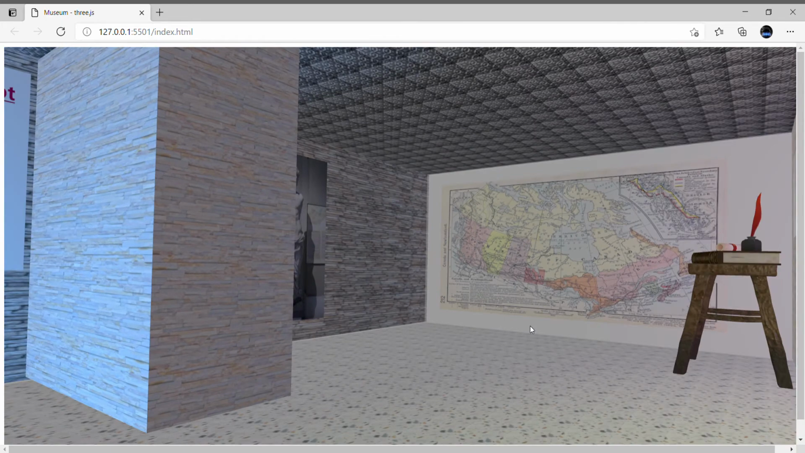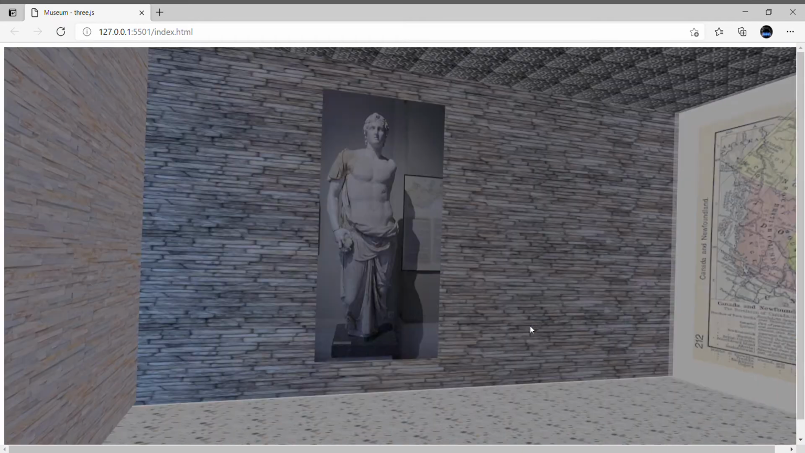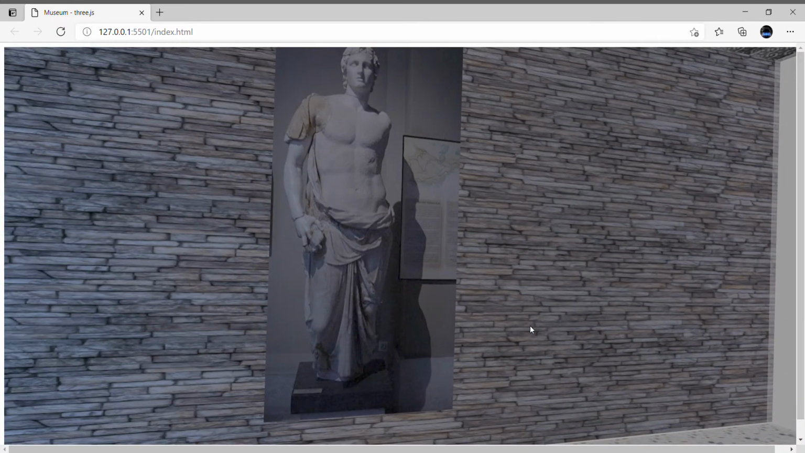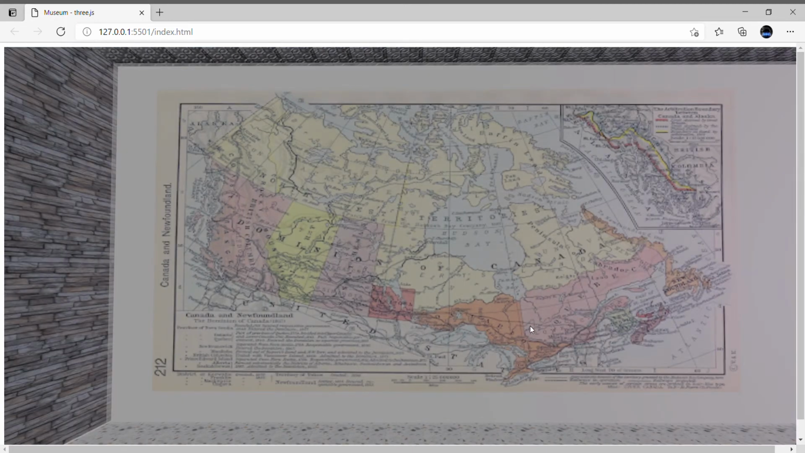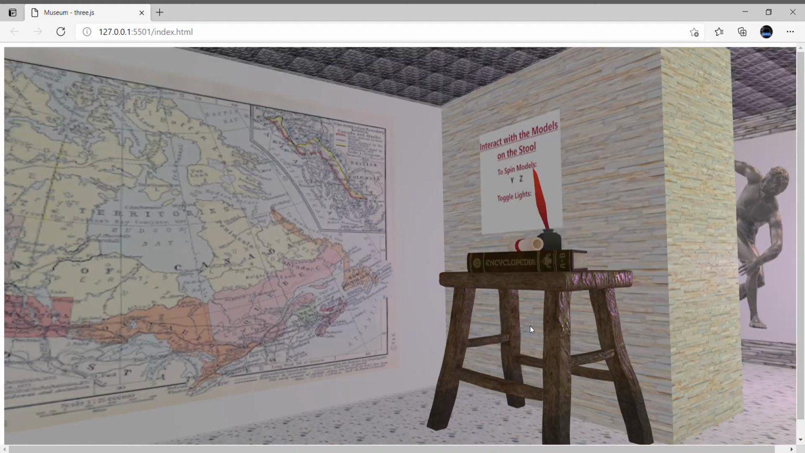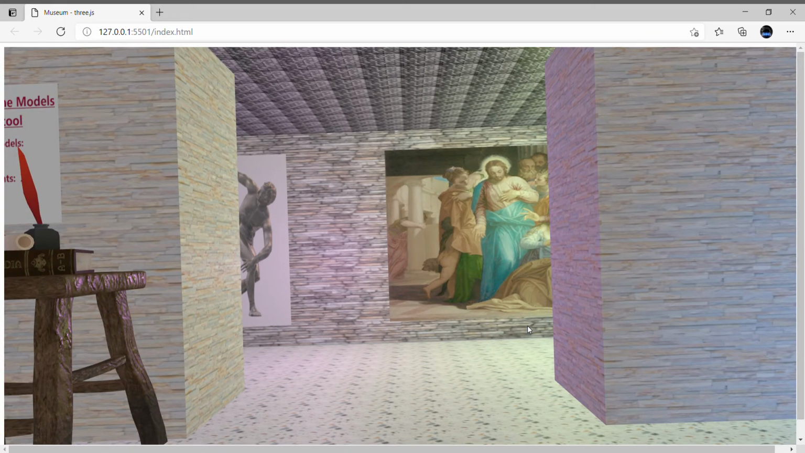Turning, that was the first room. Now I'm walking into the second room. And here is an image of Alexander the Great. And to my right is the map of Newfoundland in the 18th century. And further to my right is a hierarchy, where I have a stool. There's a book on top of it, and the ink and quill on top of it as well. To have a closer look, I would like to,